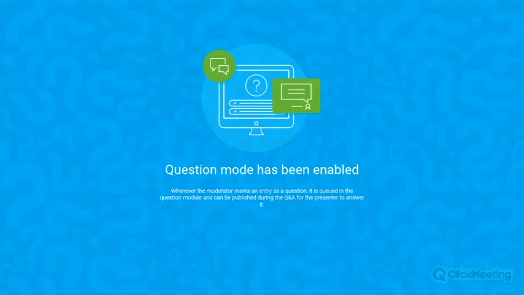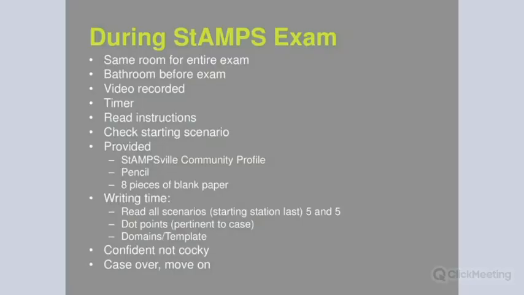With regards to the exam, it is video recorded, and that's essentially because if they need to ratify the results, if they need to go back and see if someone was a borderline pass or fail, or just reanalyze a couple of the scenarios, that's how they do it. But it's just a very small camera. Try not to focus on it, just try and imagine that it's not there.